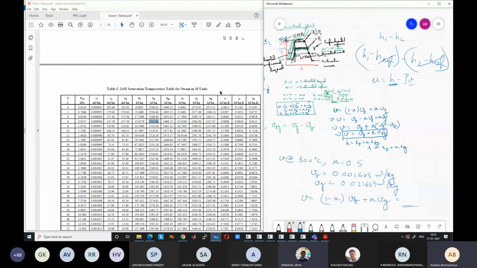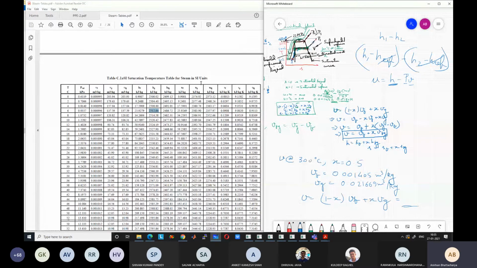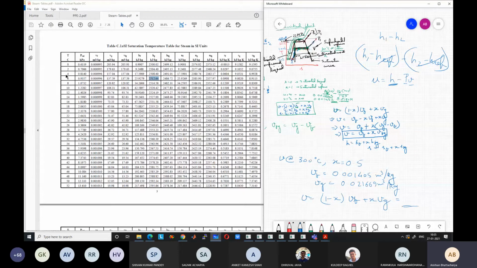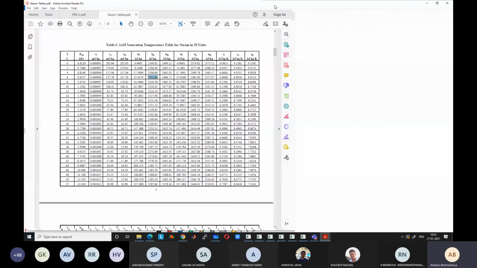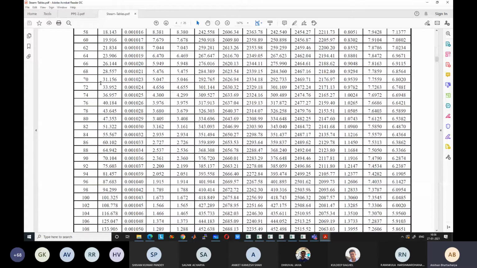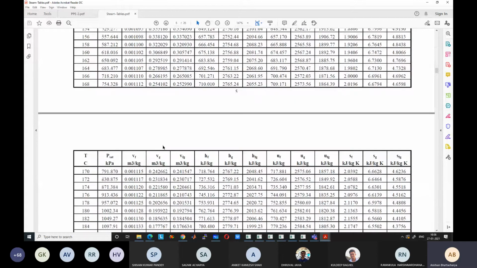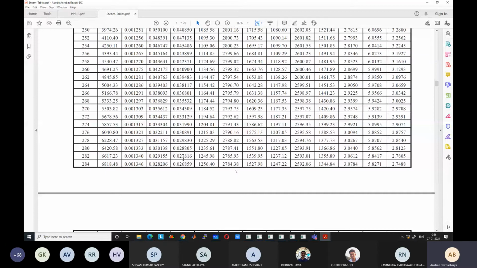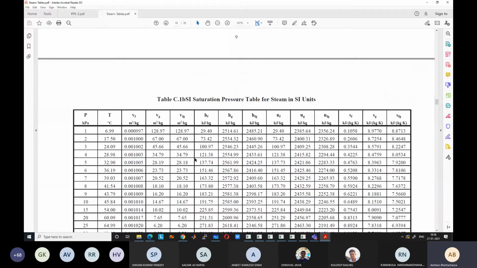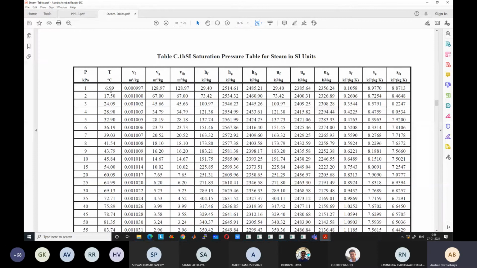So now let us take a look at what is beyond this table. We are increasing the temperature up to near the critical point. What we will see is that there is another table of exactly similar nature, but the first column is pressure and the second column is temperature, and all the other columns are the same: Vf, Vg, Vfg, Hf, Hg, Hfg, then the internal energies and entropy. So this table and the first table are the same. The only difference is that here it is given in terms of pressure.